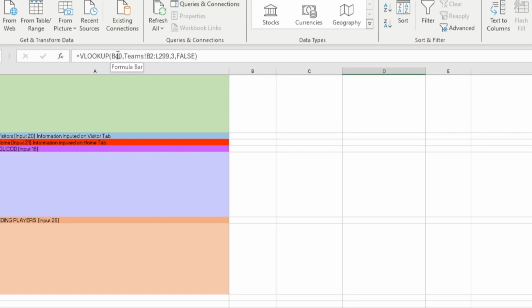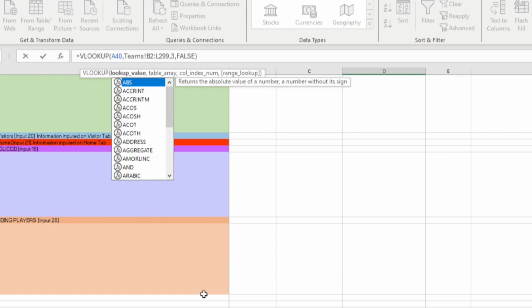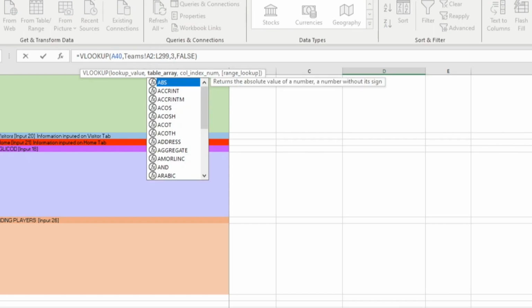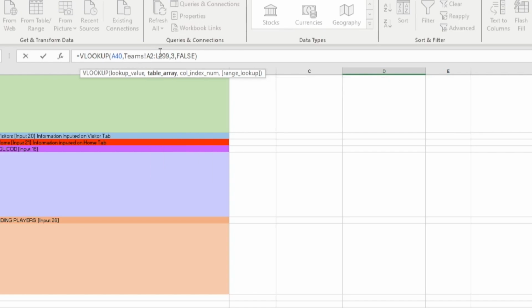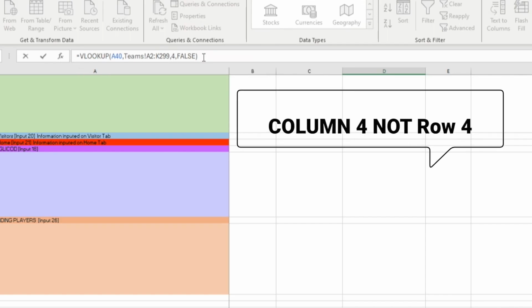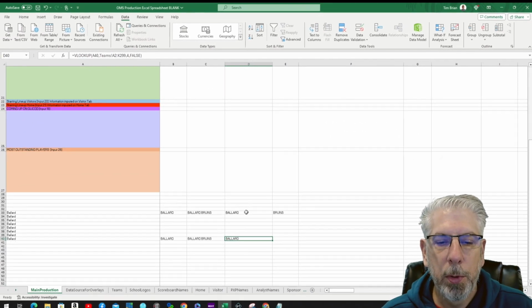So we're going to have to go up here to where it says B40 and change it to A40, which is where our search term is. And then our data range, as we know, is A2 to K299. This time we're looking in row 4,